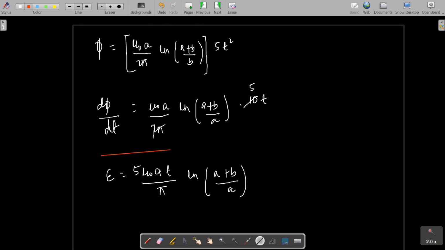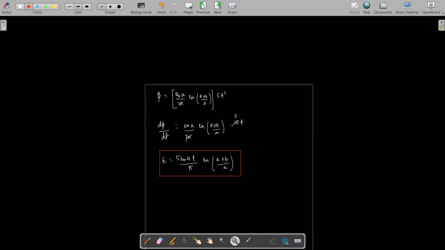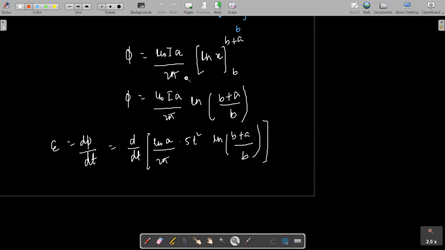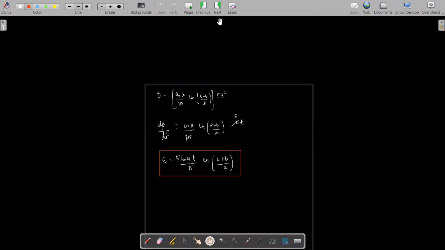Did you understand, students? Got my point? So every time you find that the magnetic field is varying, we have to do this for calculating the EMF induced. You have to calculate the value of EMF induced by using integration. First you have to integrate the flux, then you have to differentiate it with respect to time. Okay, got my point, all of you? Please tell me. Yes, sir. Very good, student.